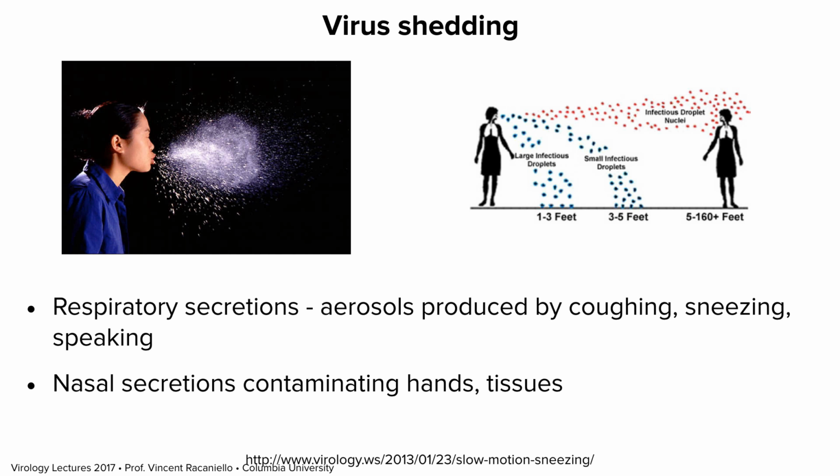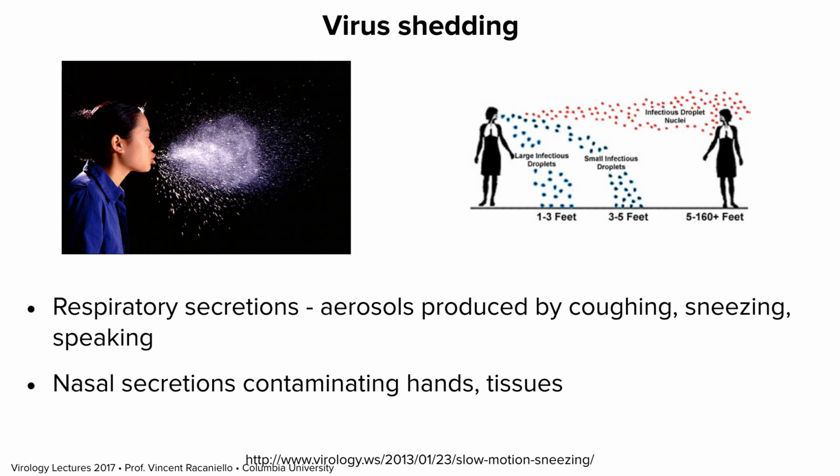Virus shedding in respiratory secretions is very common. When you sneeze, you give off a big cloud of droplets of different sizes. In fact, you don't even have to sneeze. You can just talk and you give off droplets. And people have studied these. They're different sizes. They give them different names. And the big ones fall right at your feet.